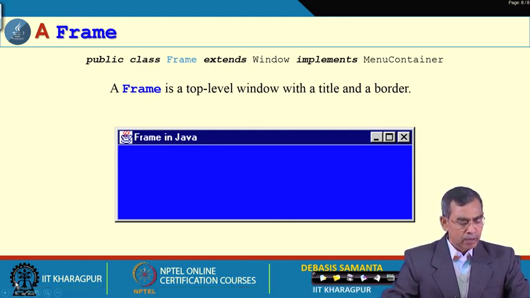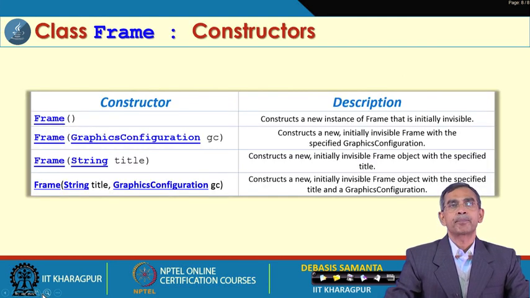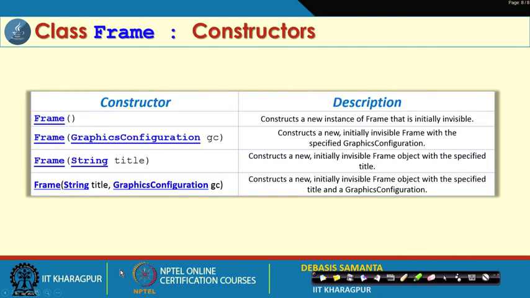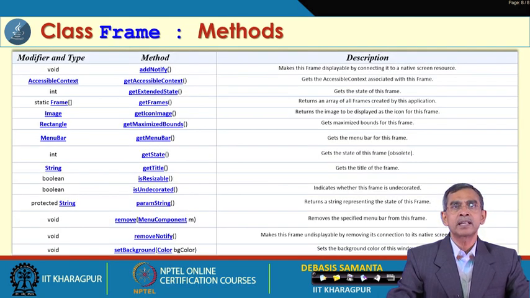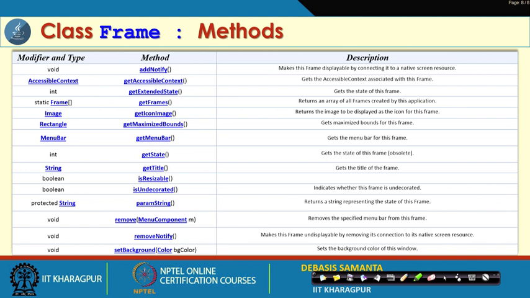Now, let us see how this kind of frame can be designed. If you want to use a frame, you can call many constructors which are already defined in the class Frame. Frame is a subclass of the Component class. These are the 3 constructors mentioned here. You can go through the details of whatever is written; I will not elaborate on the different constructors. Apart from the constructors, it also has many methods, which we have listed here.